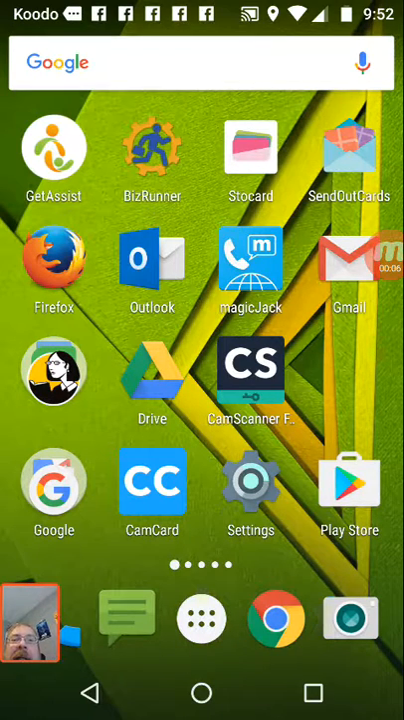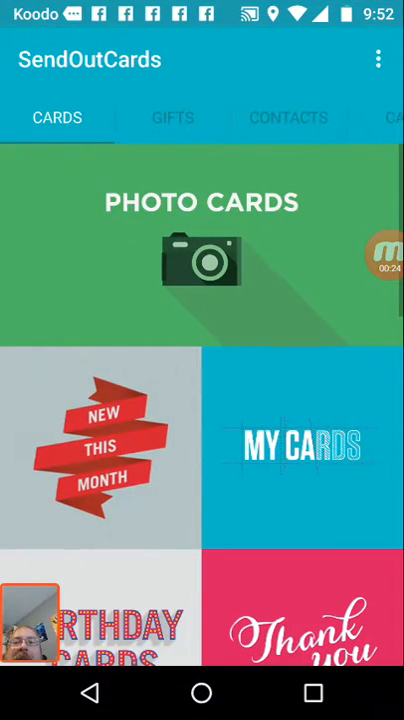You'll see in the top right hand corner the symbol for Send Out Cards, which, if you've got it on your phone, you can just click on. It's available in the App Store for Android as well as for iPhone. This is an Android device; an iPhone device is very, very similar, just a few minor changes. So I'm just going to click on the Send Out Cards app, and it will open up into making a